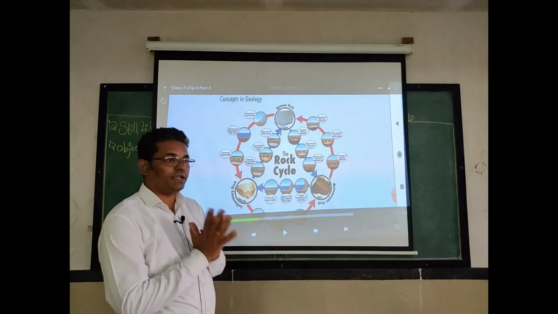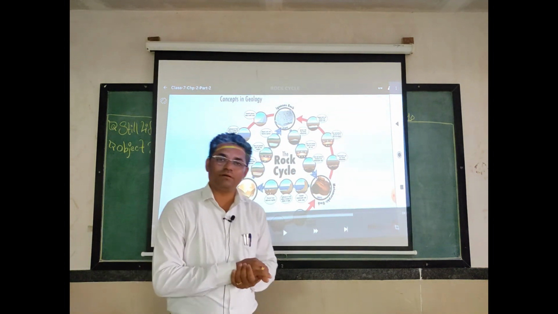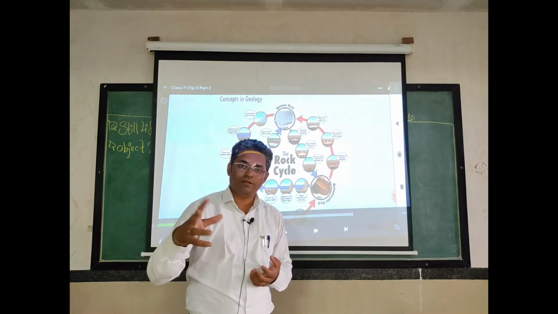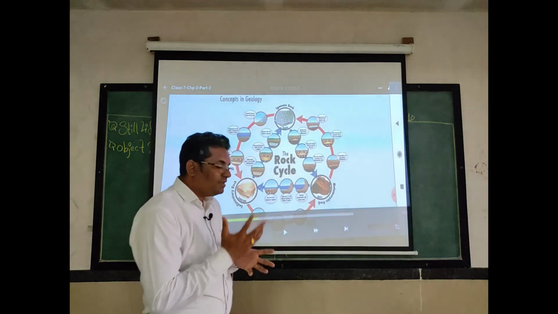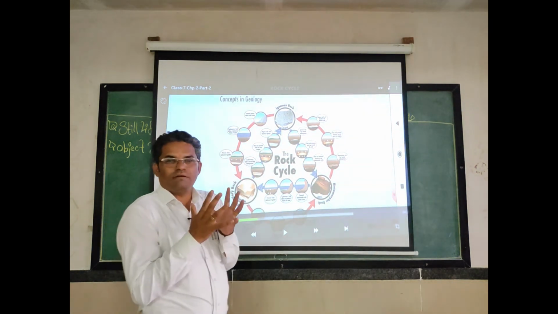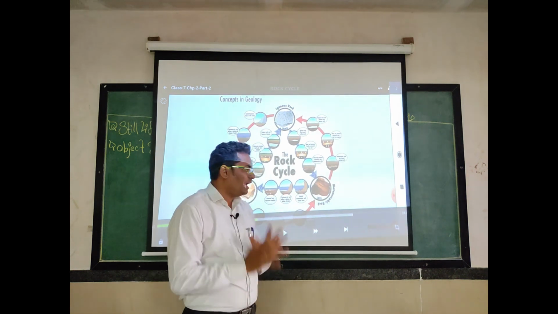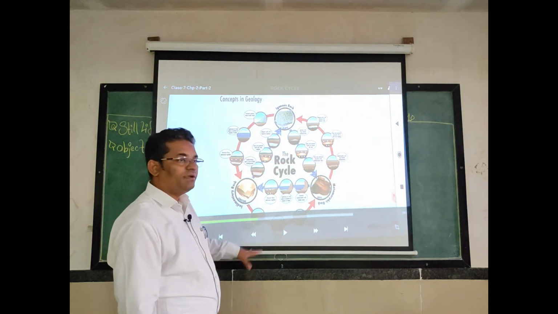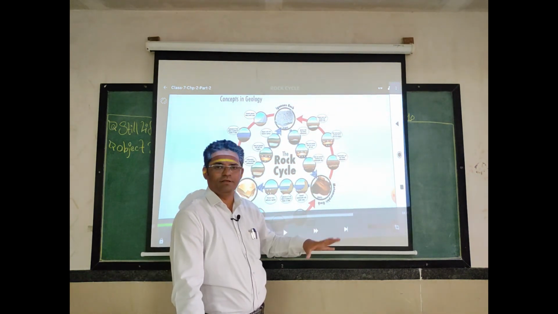Or sometimes the rivers flow from the temples, and those temple leftovers, like flowers and all, are thrown inside the river. So this river collects every material that it comes in contact with, and that material is deposited in the sedimentary rock. So sedimentary rocks have several kinds of material, and that material